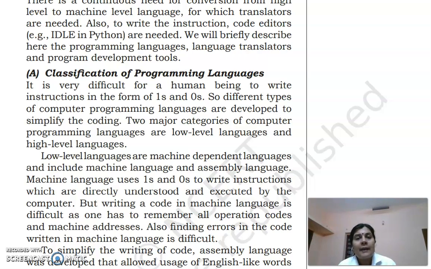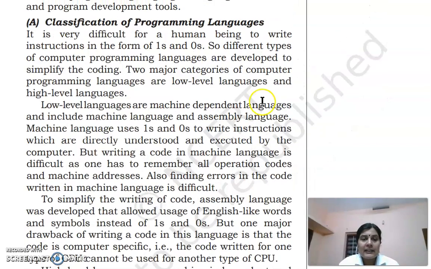In the computer, we are giving instructions which are known as a program. The next topic is classification of programming languages. There are three types of programming language. As we said earlier, the computer knows its own language, developed using zeros and ones or binary digits, which is known as machine language or low level language. We cannot understand machine language, as it is in binary format. That is the first category of programming language.